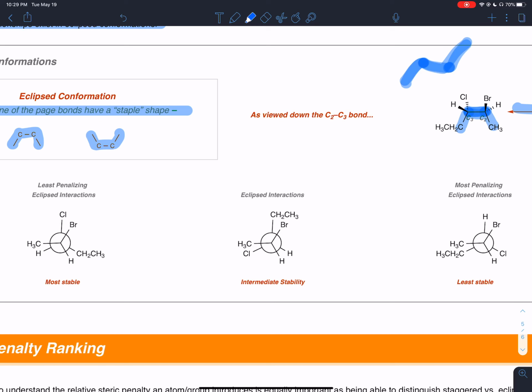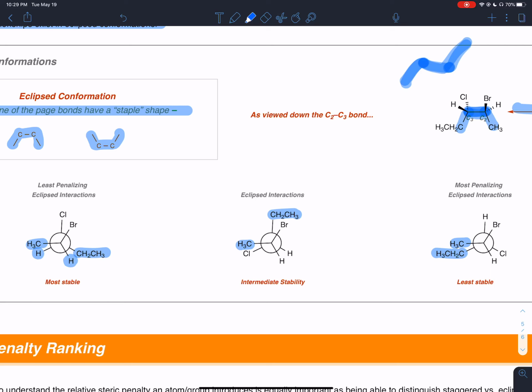What you can do is think about the eclipsed interactions present. Remember, larger groups cause more sterics and have higher penalty eclipsed interactions. Now, you can really quickly identify the largest steric group on the front and the back carbon. Okay, so that would be the methyl and the ethyl, right? Notice how in the most stable eclipsed conformation here, both of those large steric groups are only eclipsing with hydrogens. Remember, hydrogen atoms are the lowest steric penalty atom/group, right? So here we have the most stable eclipsed conformation because our large steric groups, the methyl and the ethyl, have